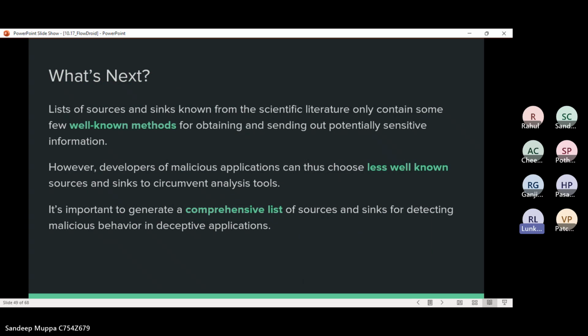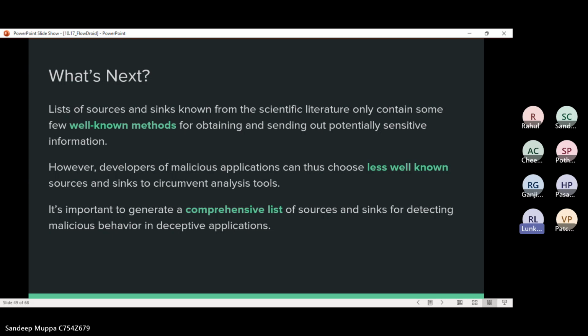So, based on these evaluation methods, what was found out about these malicious applications is that the developers chose less well-known sources and analysis tools, and how the app syncs.